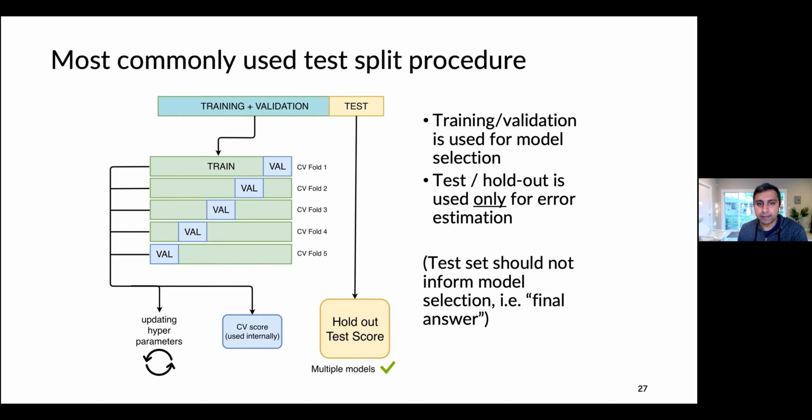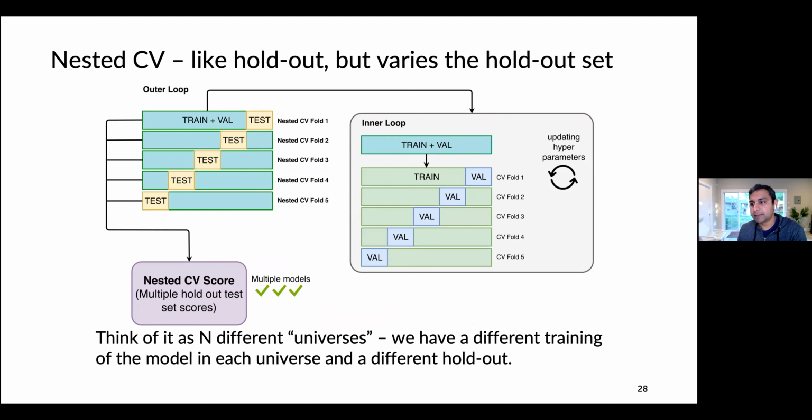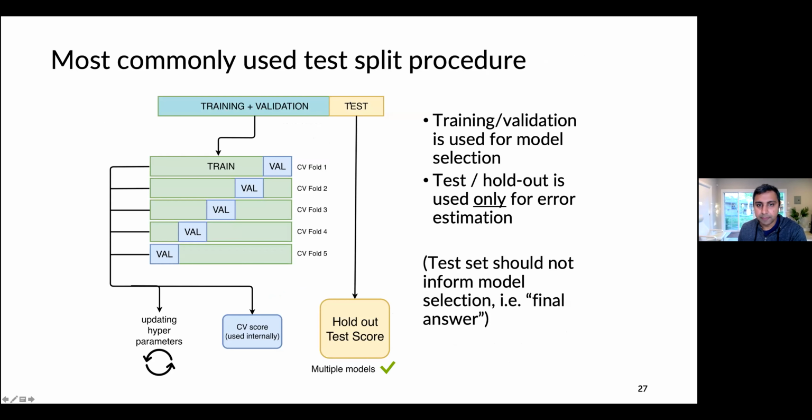What we do is a little bit different, which is we basically repeat this process multiple times. Going back to the previous slide, if you just have one test set, and this test set just happens to be a type of thing that your model does really well at, or has certain weird characteristics, then you could end up with strange algorithms being the ones that perform the best. So ideally, you want to have every data point have some chance to be part of the test set, so that every data point is used for the evaluation.